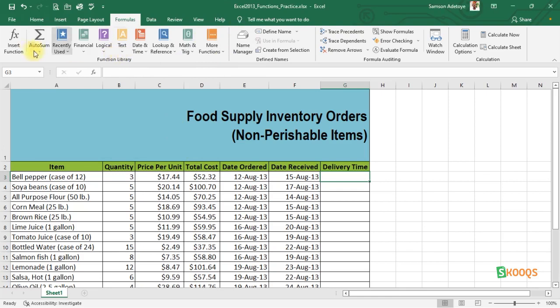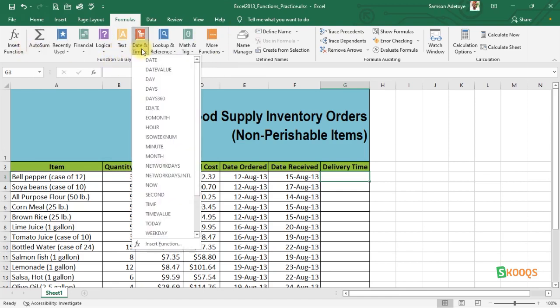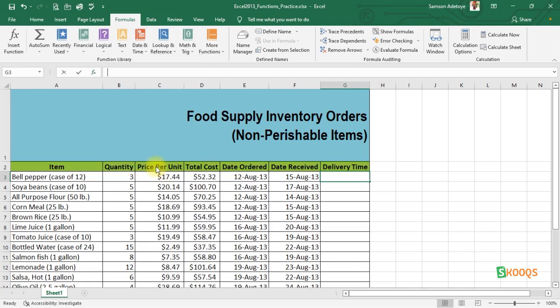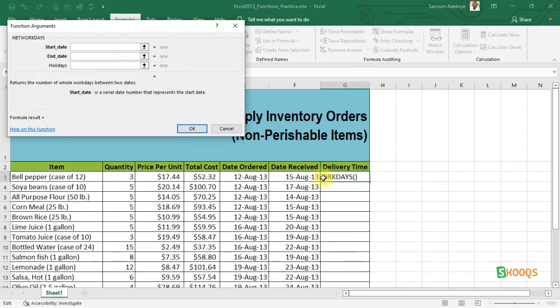So let me check under Date and Time whether I will see what I'm looking for. Alright, this is it here: NETWORKDAYS. So I have NETWORKDAYS. It's asking me for the start date. This function has more than two arguments. You have up to three arguments here: the start date, end date, and holidays. So there's also a help